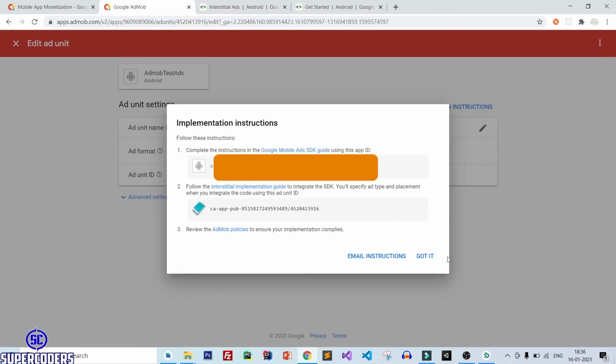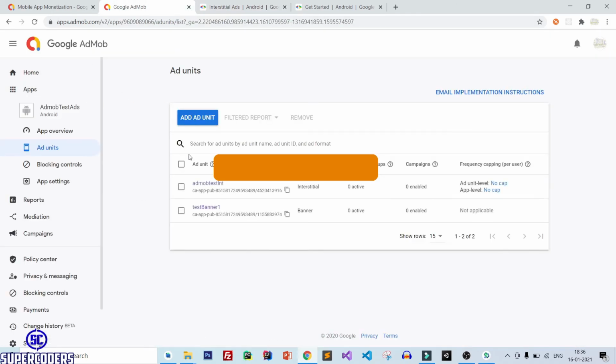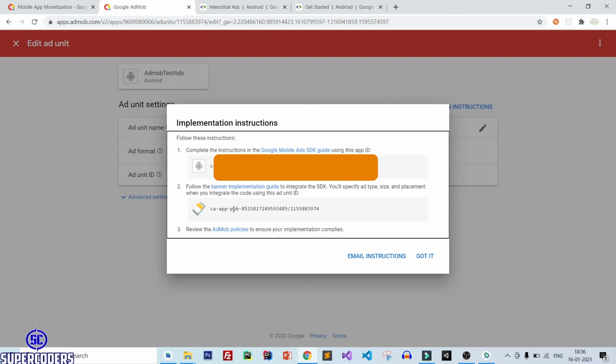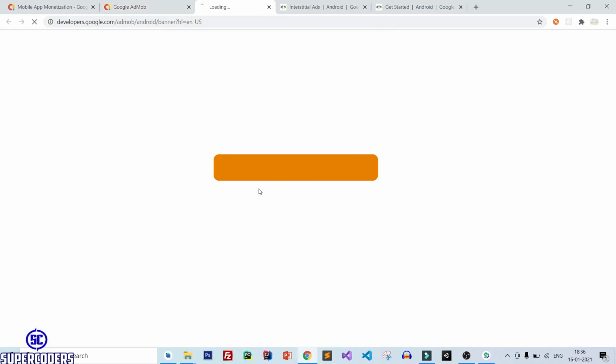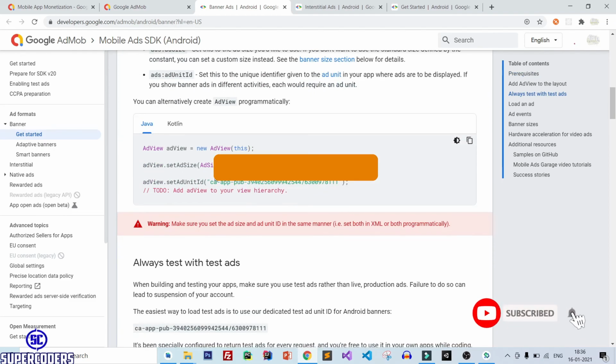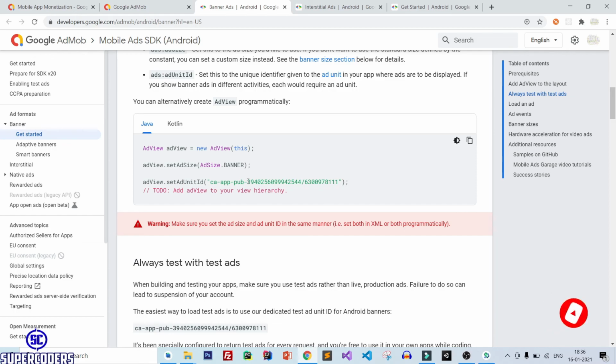And again, if you close it, back again, banner. And if you click on implementation instructions and click on this implementation guide, you can get your test ID for banner.